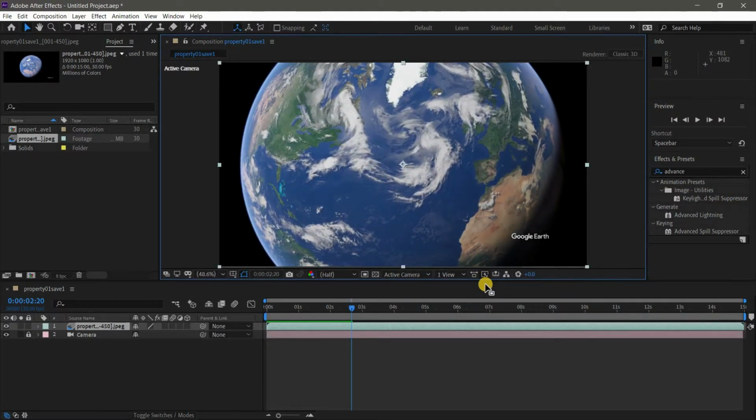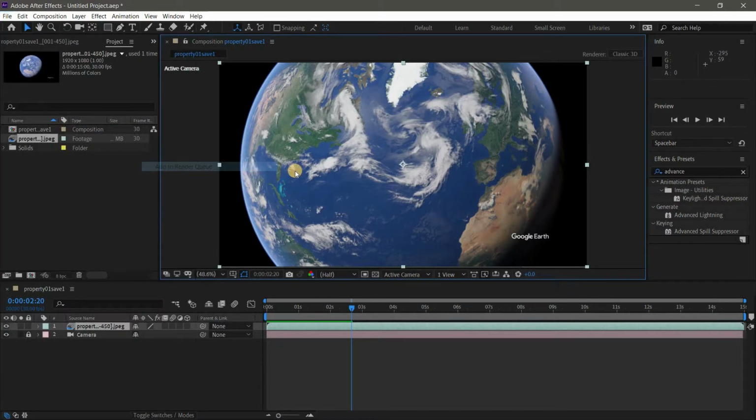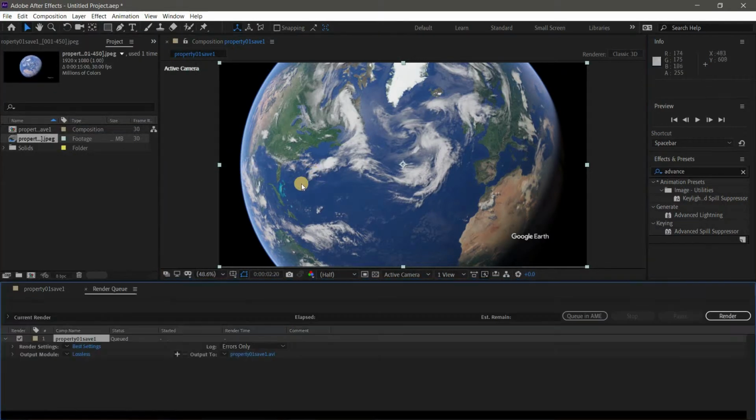So you can add a radar mark, other text, and images from After Effects, and after you are done with everything, go File, Export, Add to Render Queue. This window will appear. Check these